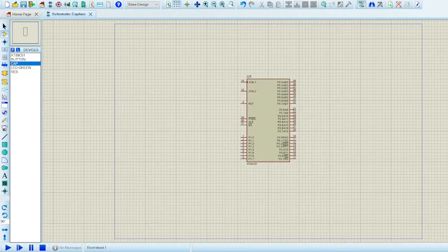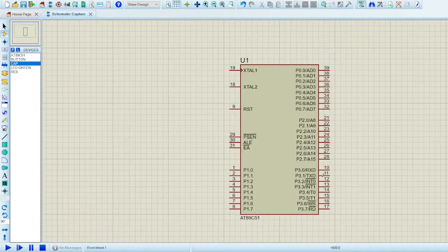Essentially, what you have to keep in mind is what active high and active low pins are. Active low pins are the pins which have a bar on top. The bar on EA, on INT1 and INT0, WR and RD. And if there is no bar on pins, just like the RST pin, then these pins are